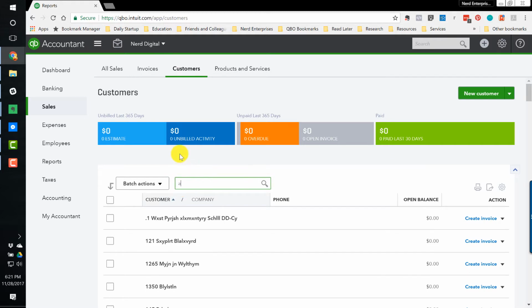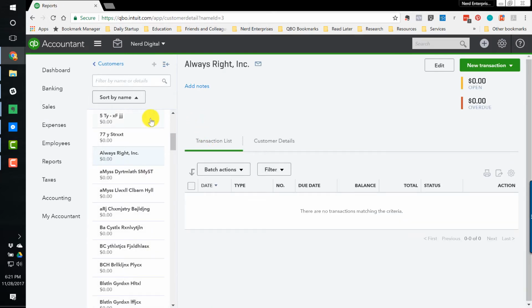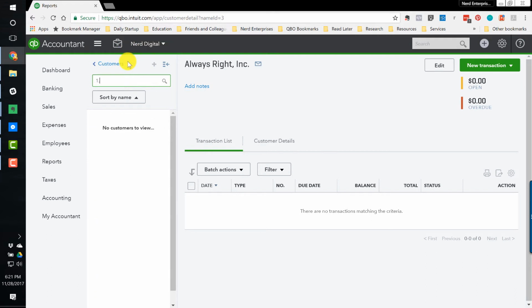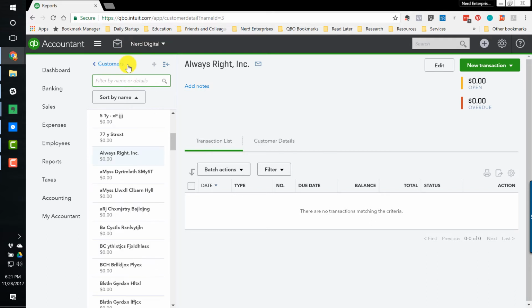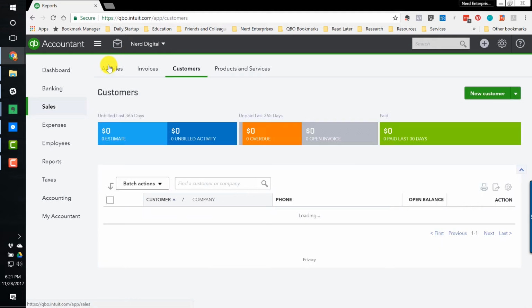The search box here comes in really handy, especially once you have a lot of customers, right? Once you click into a customer, then you have this little condensed area on the left here with your customer list. So if I wanted to switch to something else, I can by simply typing in what I'm searching for, right? These customer names obviously are a little jumbled up. I just mixed up letters from a real customer list from a client, so I had to have sample data to play with. So you can easily switch back and forth, or click this customer's link right here to get